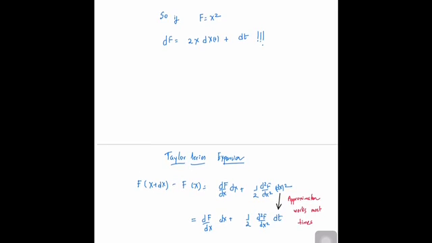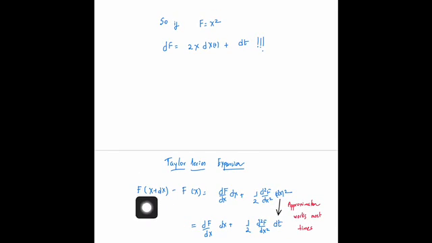Now one could have just been lazy enough, and one could have said that f(x + dx) - f(x) is just, by Taylor expansion, dx times the first derivative plus one half the second derivative times dx squared, and then lazily one could have substituted this dx squared as dt, and it turns out this is the way to go forward. What you do is you just substitute the expectation value